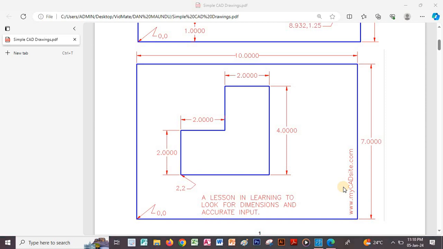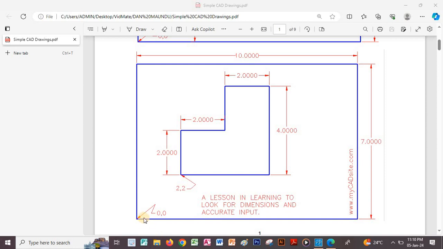We are going to open the AutoCAD program, then we'll be able to do the drawings, and in this lesson we'll learn how to look for dimensions and to have accurate input. So to start with, we have this particular rectangle here, the outer drawing, and the